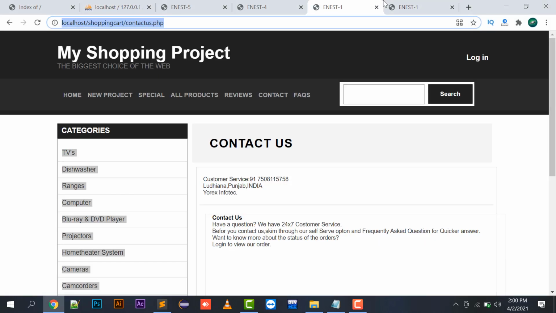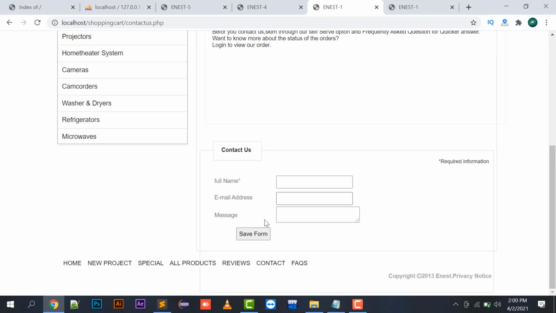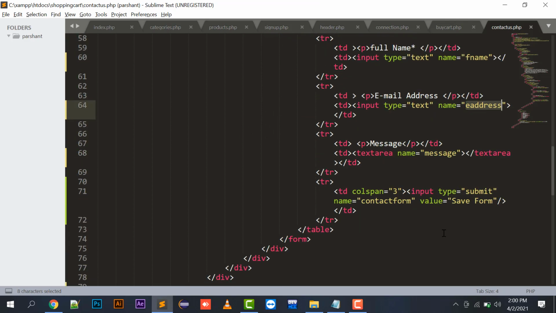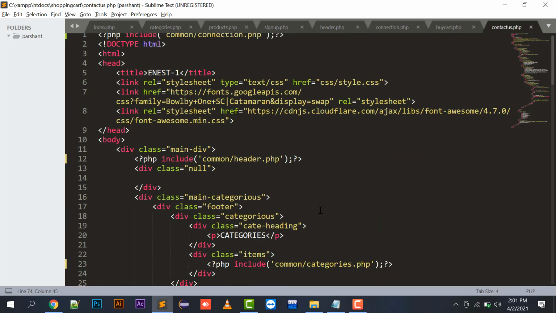So let's have a look at what has changed. So this has changed. The form is right below the message part. So f name, e address, and the contact form, and the submit button is in between the form tag, right?